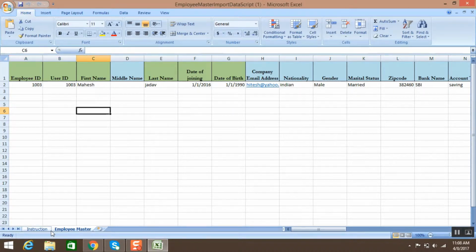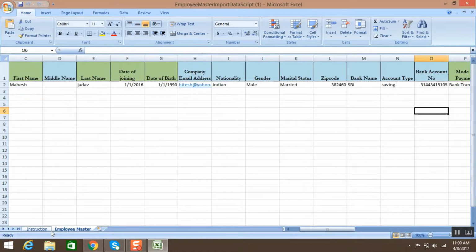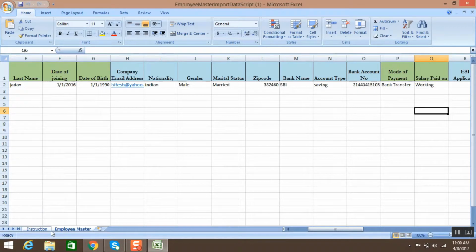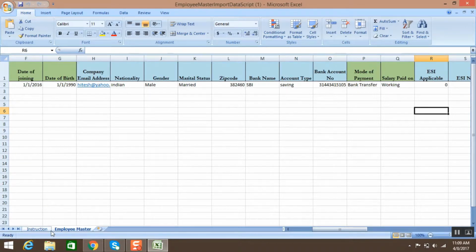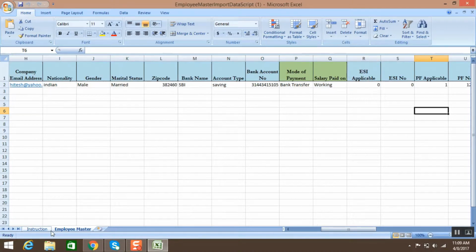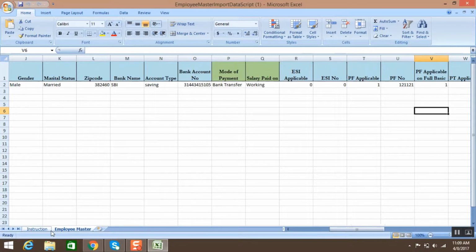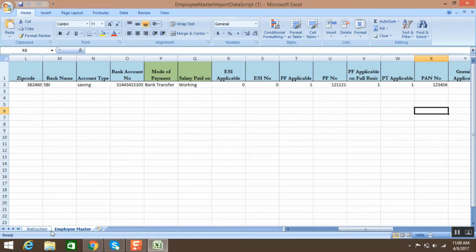You have to write their first name, their middle name, their last name, their date of joining, date of birth, company email address, nationality, gender, marital status, zip code, bank name, account type, bank account number, mode of payment, how you are doing payment to your employees, their salary paid on, ESIC applicable or not, ESIC number if applicable, PF applicable, PF number if it is applicable, write the PF number, and PF applicable on full basic, PT applicable or not, PAN card number,